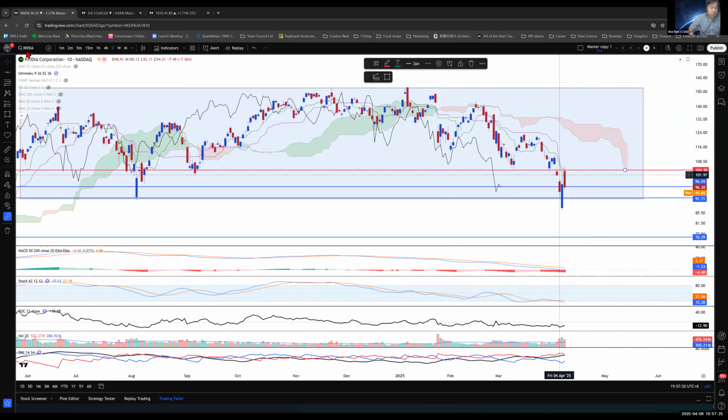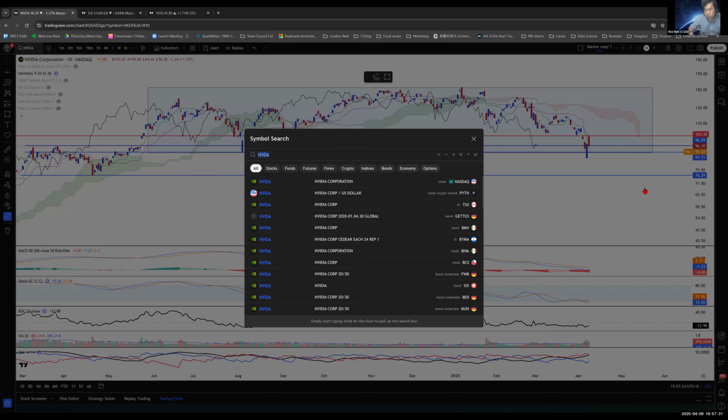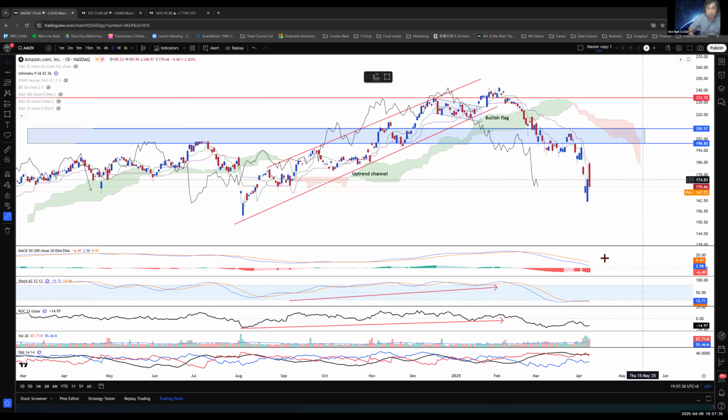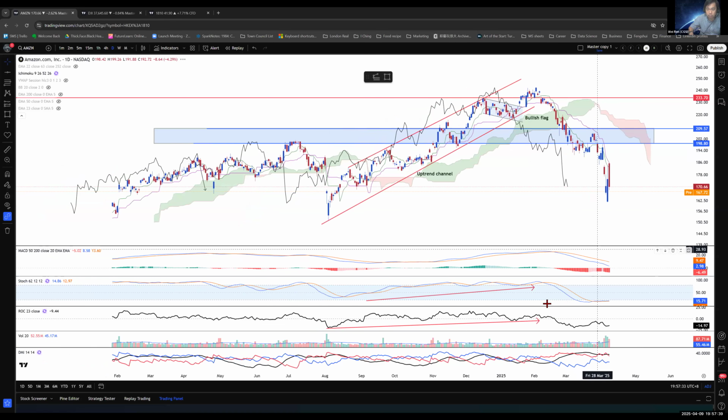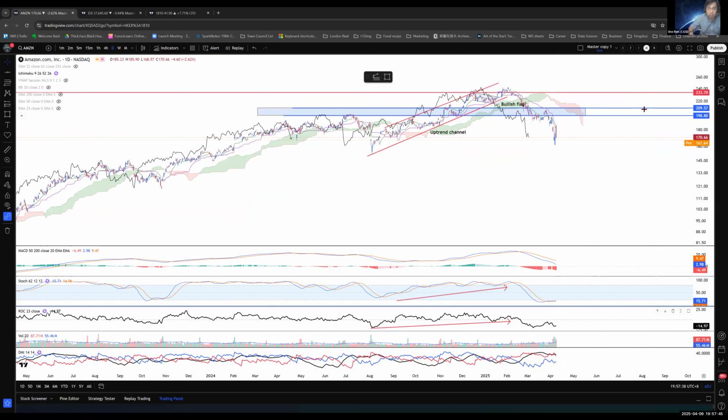All right, so next one, I think Amazon. Amazon as well, I think a bearish piercing line, a clear breakout of the uptrend line, downtrend is in. Despite being oversold, I think you can see that it's being corrective in place. So I think it might just go down lower to test, perhaps, this level at 149.12.